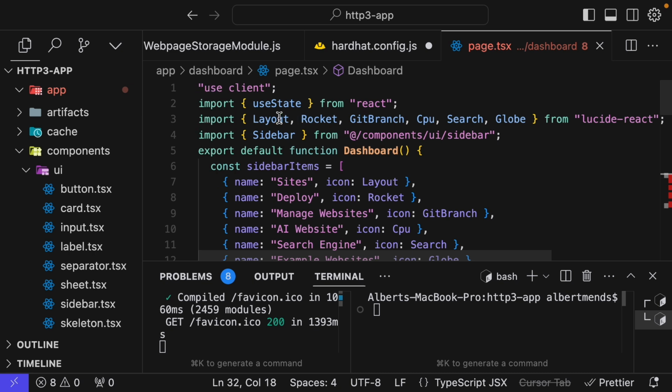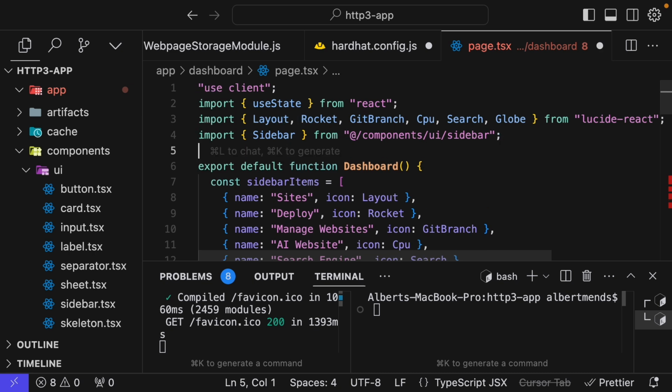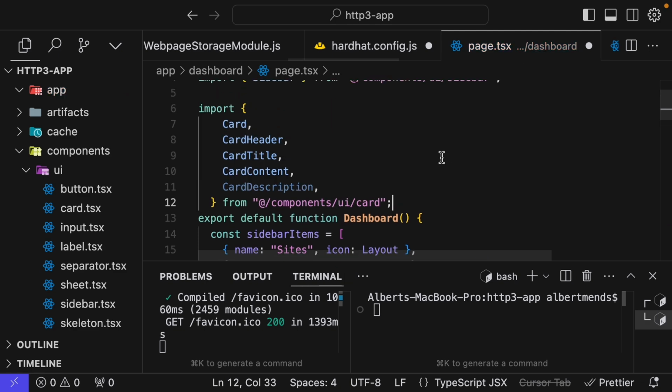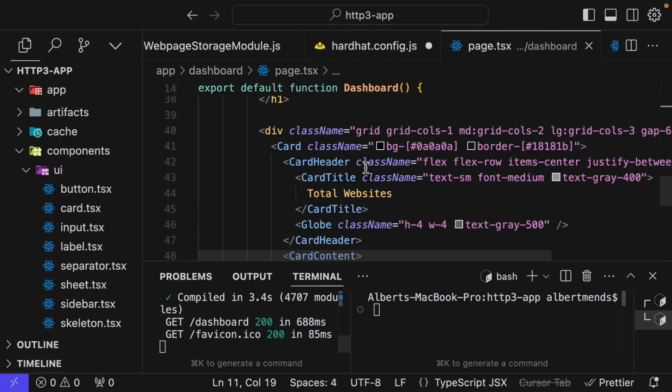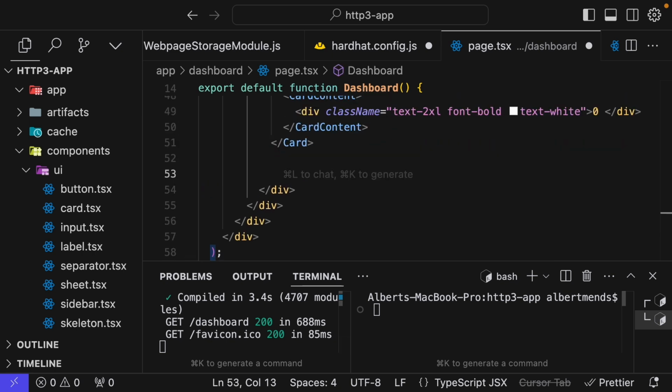Let's move all the way up and paste it over here. Awesome. So we have that imported over here, so we can add a couple more cards. So let's add them. Let's add one for total deployment and latest deployment. So you're going to have those here. Paste them over here